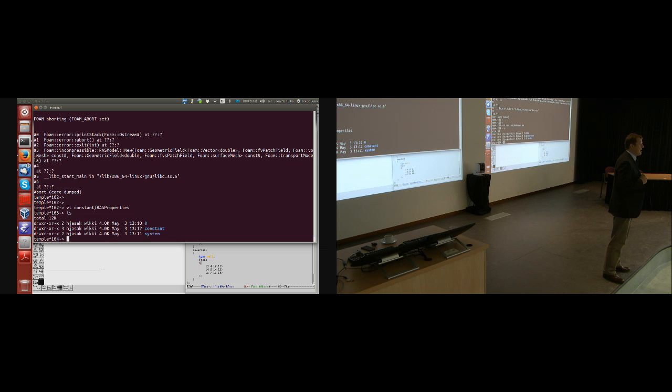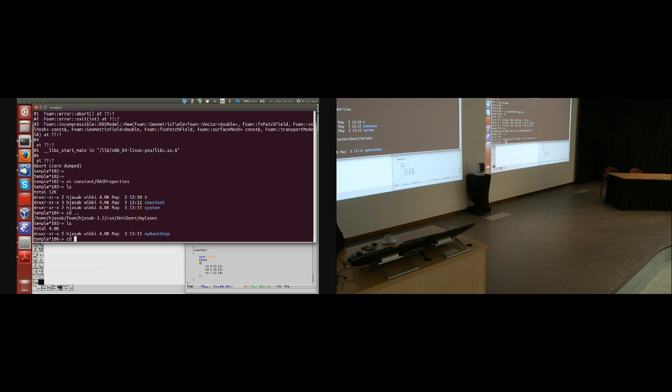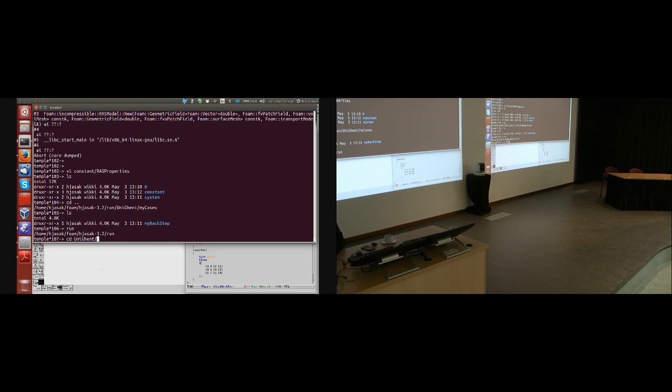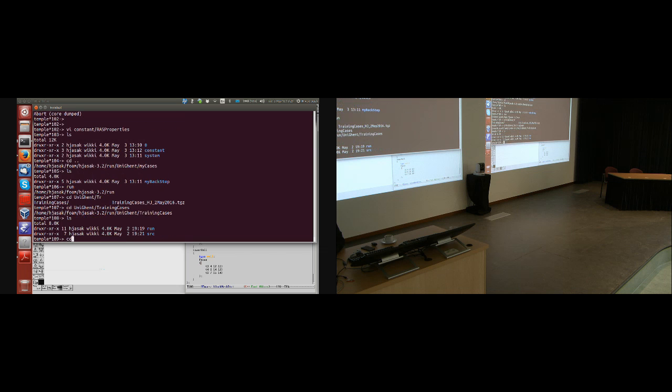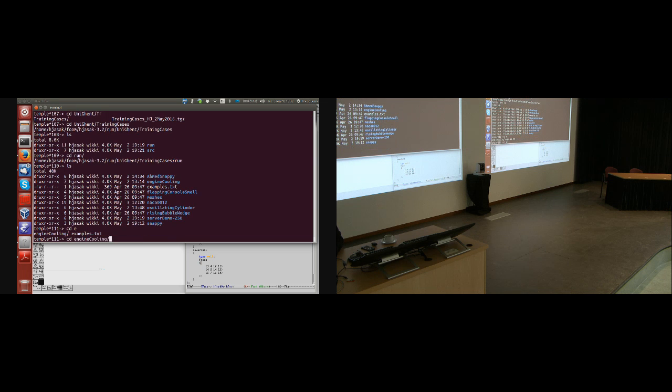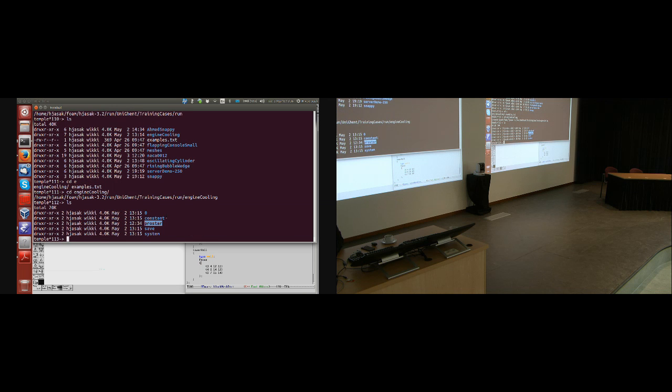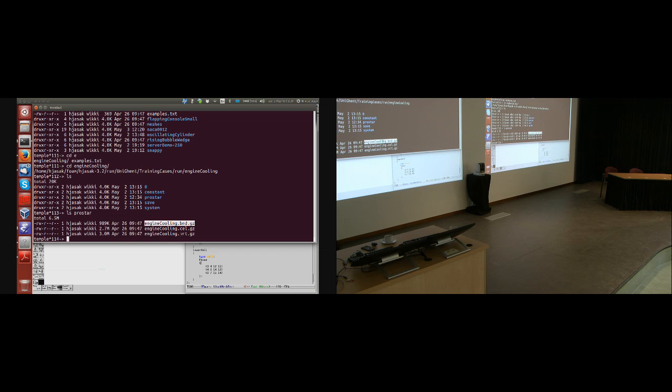Okay. Now I have a job for you. In the tutorial cases that we had, there is one called engine cooling block. I will take you through the first steps. Okay. Run engine cooling. And here, in the ProStar directory, there are the old format *.cd files. Now, because this is an external format, for mesh conversion, FOAM will not automatically